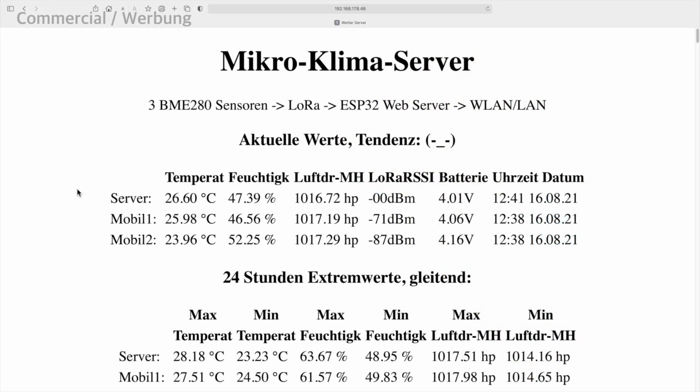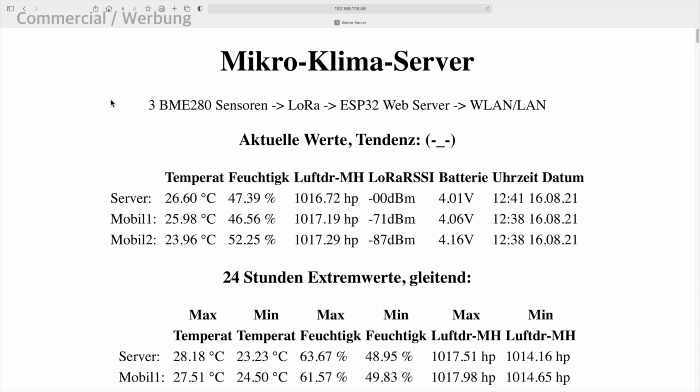Now let's see what we should get on a PC browser. I showed in an earlier video how to copy and paste this into Excel and further evaluate the data. Today I want to explain in more detail what we see here, because this will help us a bit to better understand the code that we will talk through later on.